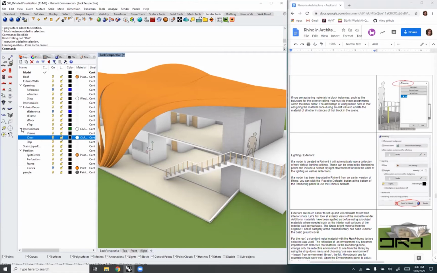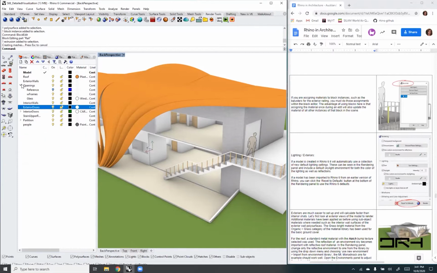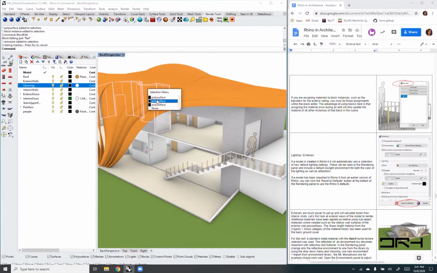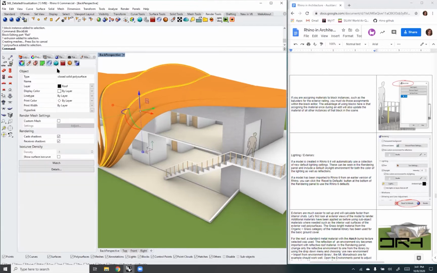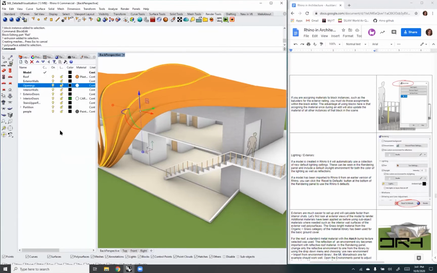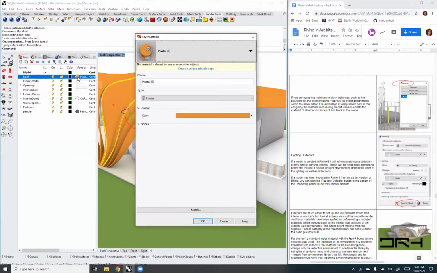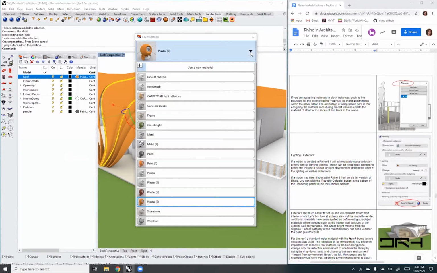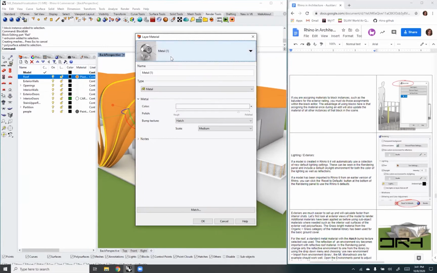which is, where is my roof? These are the partitions, the doors, the exterior doors, the openings. Okay, let me select the poly surface and see under properties, it's the roof. I'm not seeing, oh, there it is. That's the roof. Right now it's the plaster. And instead of the plaster, I'm going to go ahead and select my metal. And what did I call it? Can't remember anymore. Was it metal one? Yes, that's the one. I can change the name of it